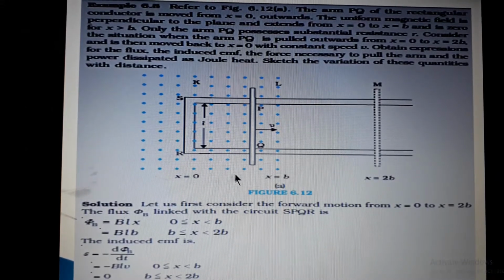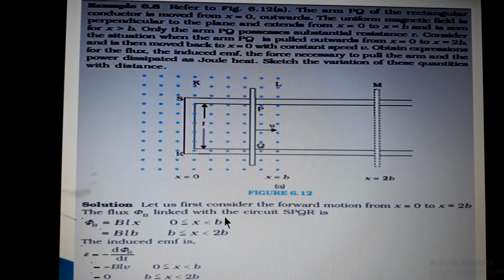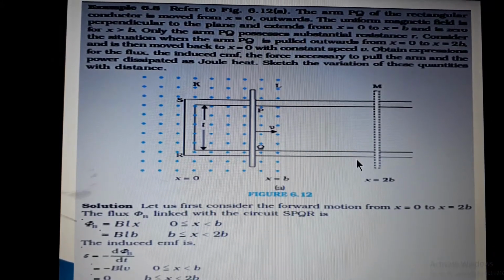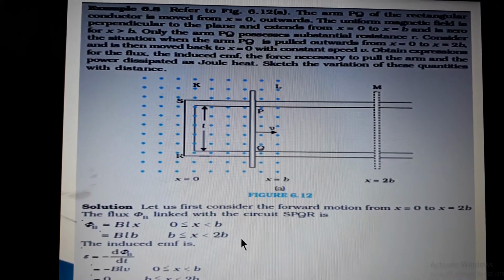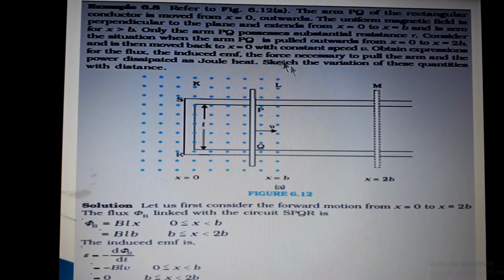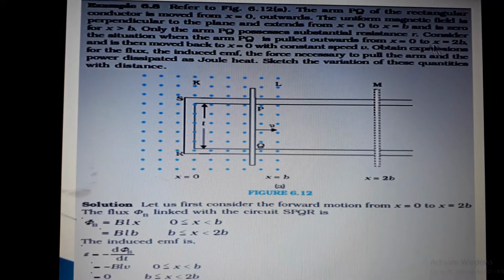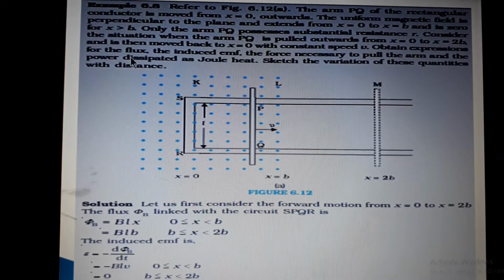x goes from 0 to b, and then x goes from b to 2b. Okay, now in this example, we are asked to obtain the expressions for the flux phi,